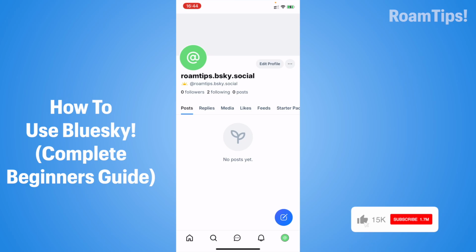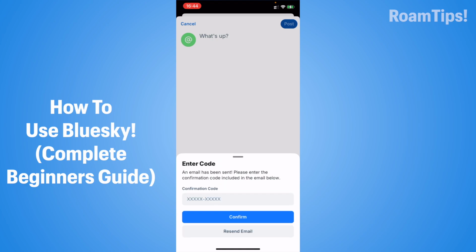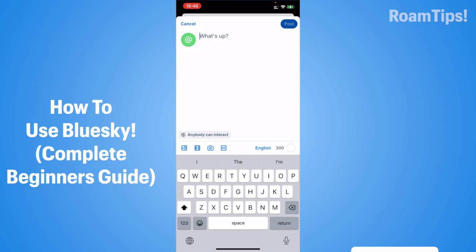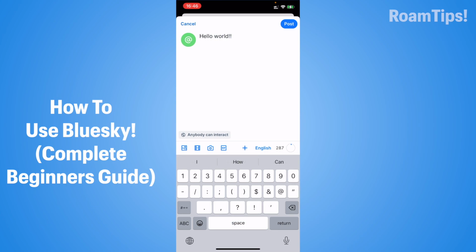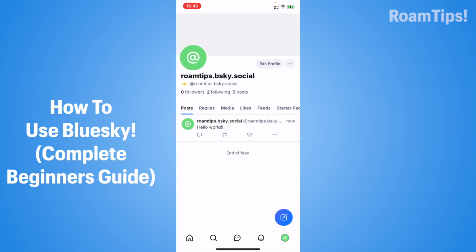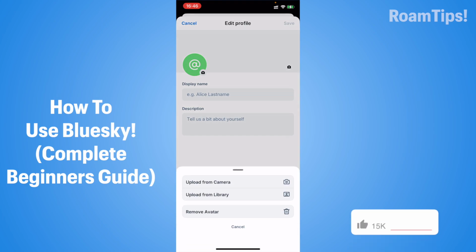Create first post. Click on this right corner, send confirmation, verify your email. Alright, close and write your first post. And click on right corner, post. Your post published and click on edit profile and click on avatar and change avatar, upload from camera, upload from